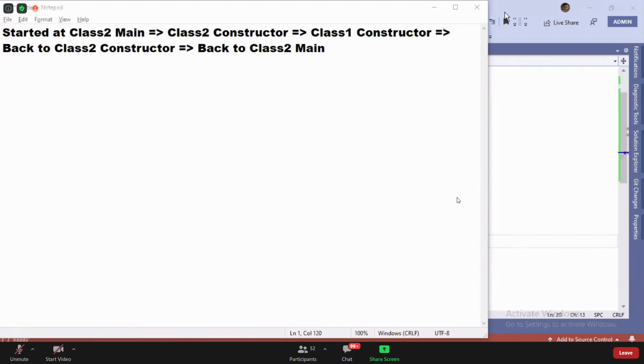So this is the reason why it is going to call the constructor. When the constructor is called, then only the members are going to be initialized, and then only they can be consumed.